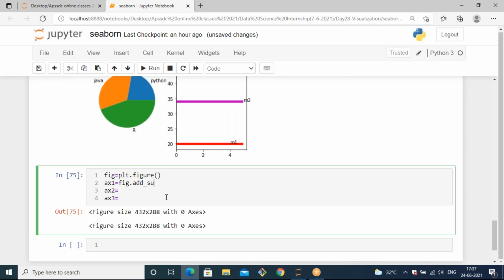Doesn't show me the plot to come out. That means we are generating this axis one subplot in the first position.